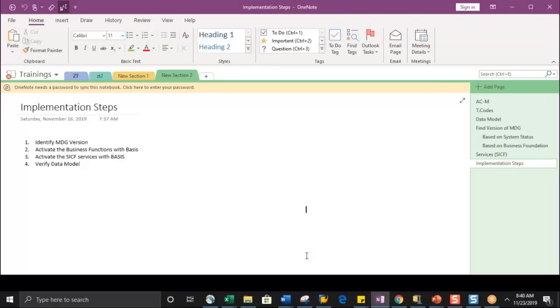So I just want to hear from the audience, what are the topics that we discussed so far? Anyone can help me here? We discussed the model of MDG implementation, hub model,